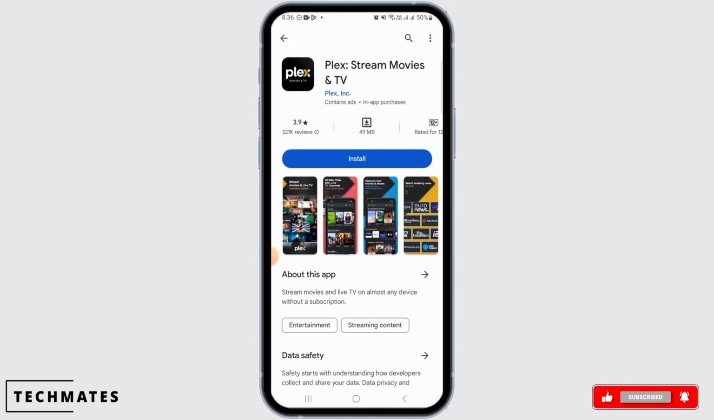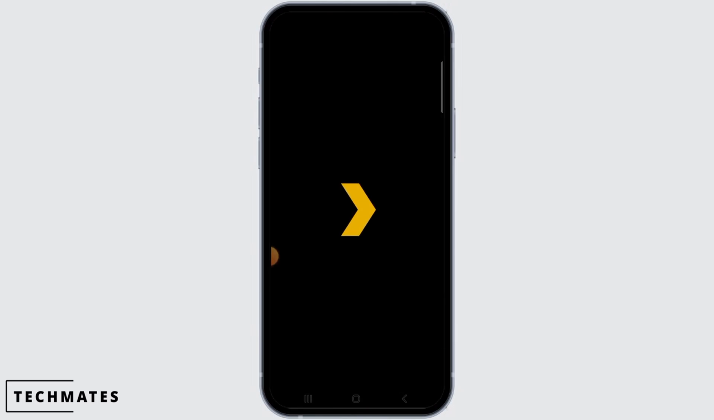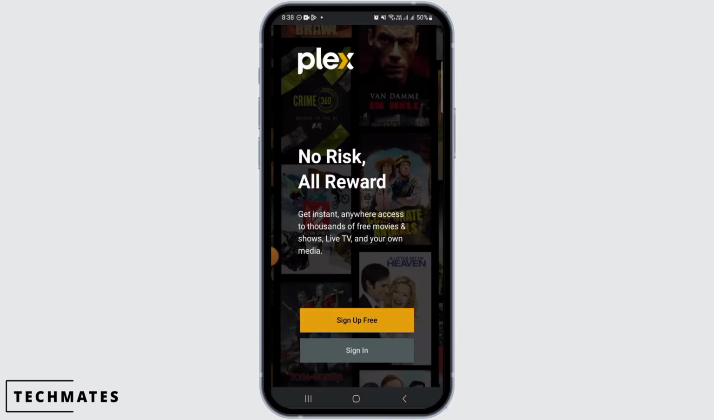Now, if you want to download this, tap on the install option. Depending on your internet speed and the file size, it will take some time for the Plex app to be downloaded on your device. Once it is downloaded, it will be automatically installed on your device. Once it has been installed, tap on the Open option. Now you can tap on the sign in option or create an account by tapping on sign up for free,